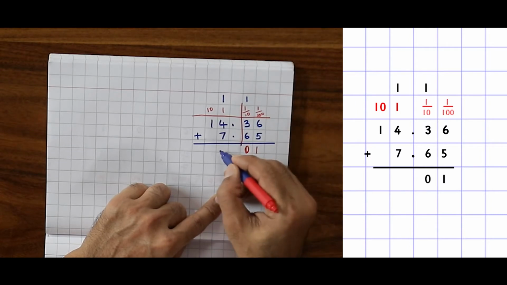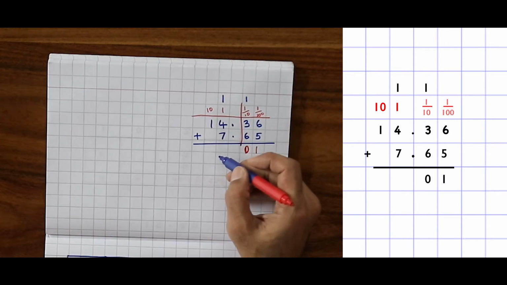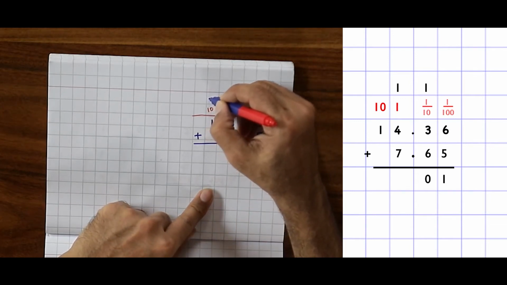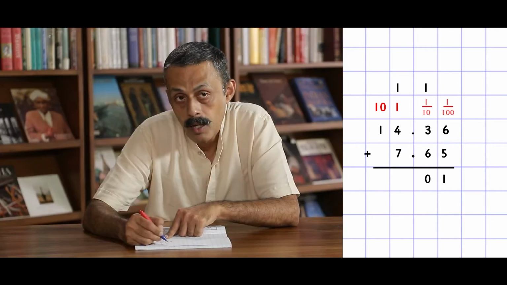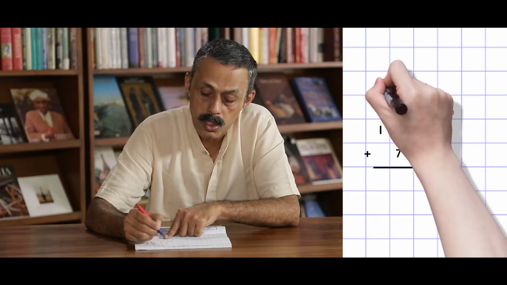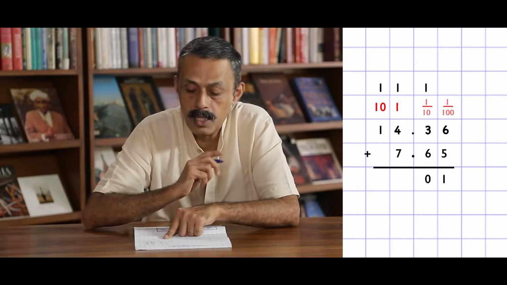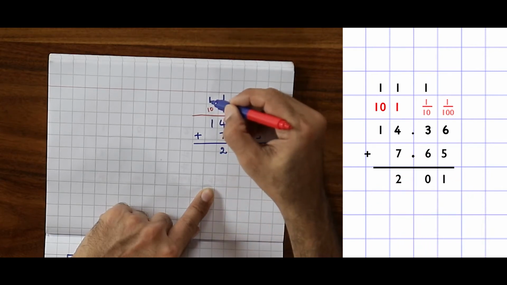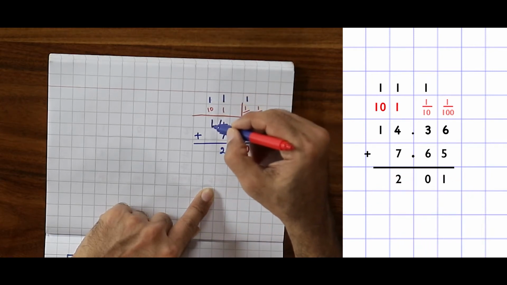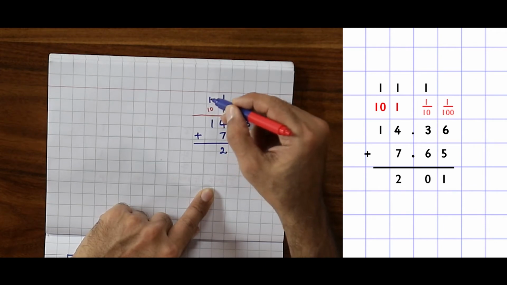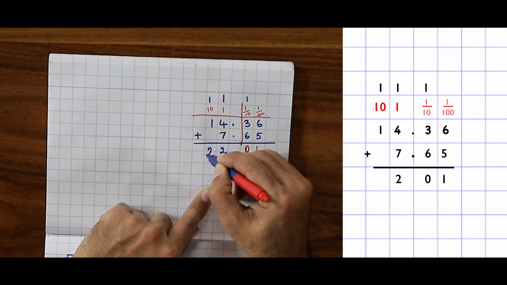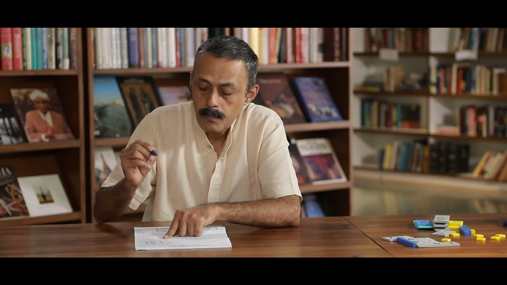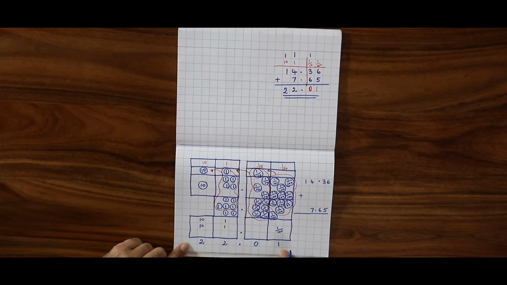5 units plus 7 units, that is 12 units. So, we have 1 bundle of 10 and 2 units. 1 bundle has come here. So, what do we get? 1 bundle of 10. It is not 1, but a bundle of 10. So, 2 units are left here. We have a bundle of 10 and already we have a 10, totally 2 tens. And the point, we got the same answer here as well.